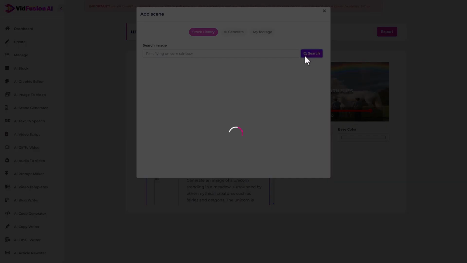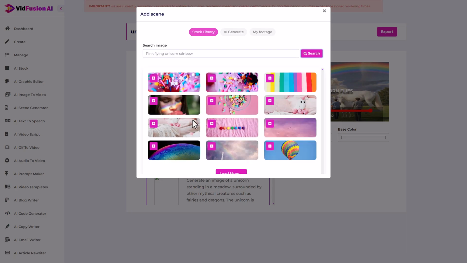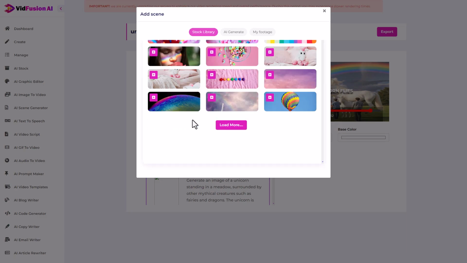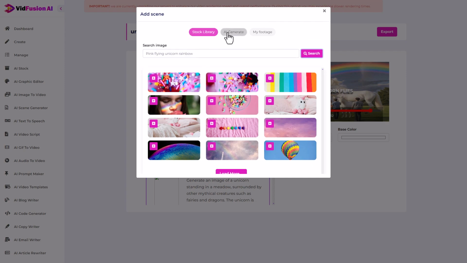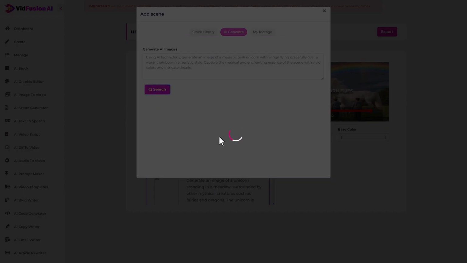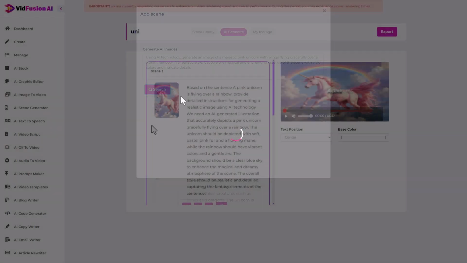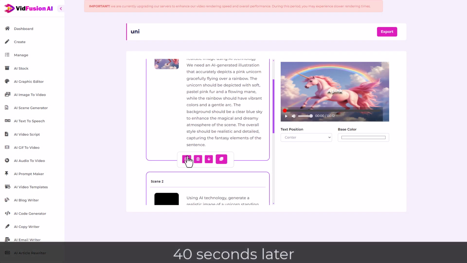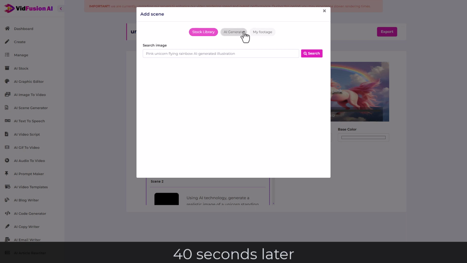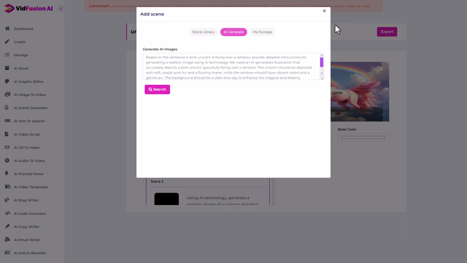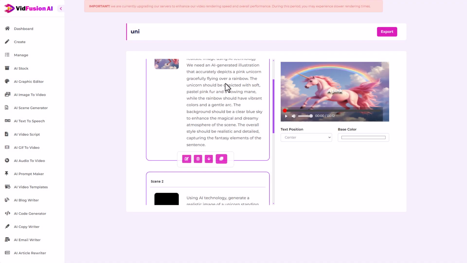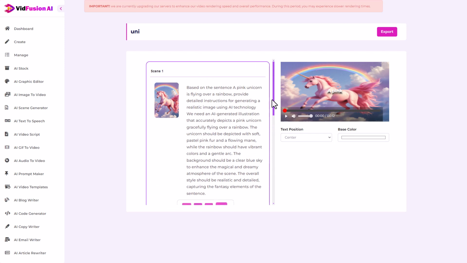Let's see what we get with the stock library. That's not too bad, actually. That's not too bad. We're getting some things there. Let's just regenerate with, oh, that's unfortunate that it's come up with null. So it looks like it's done exactly the same thing with the AI regeneration. That did take an awful long time. It's basically changed the text it uses for AI generation, but it's come up with the same thing. So is it new? Is it different?